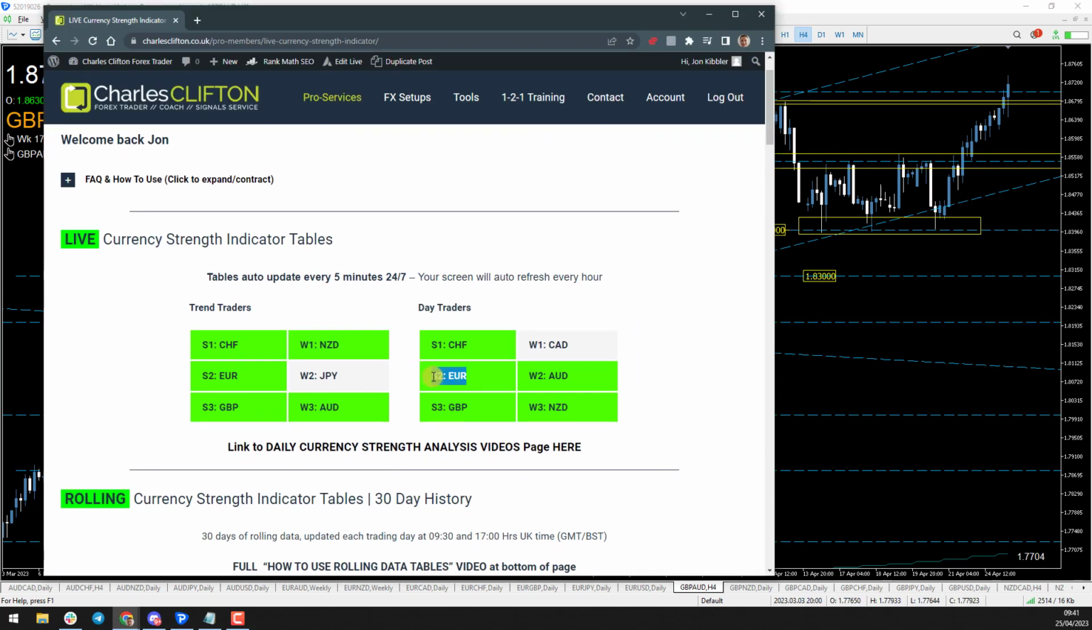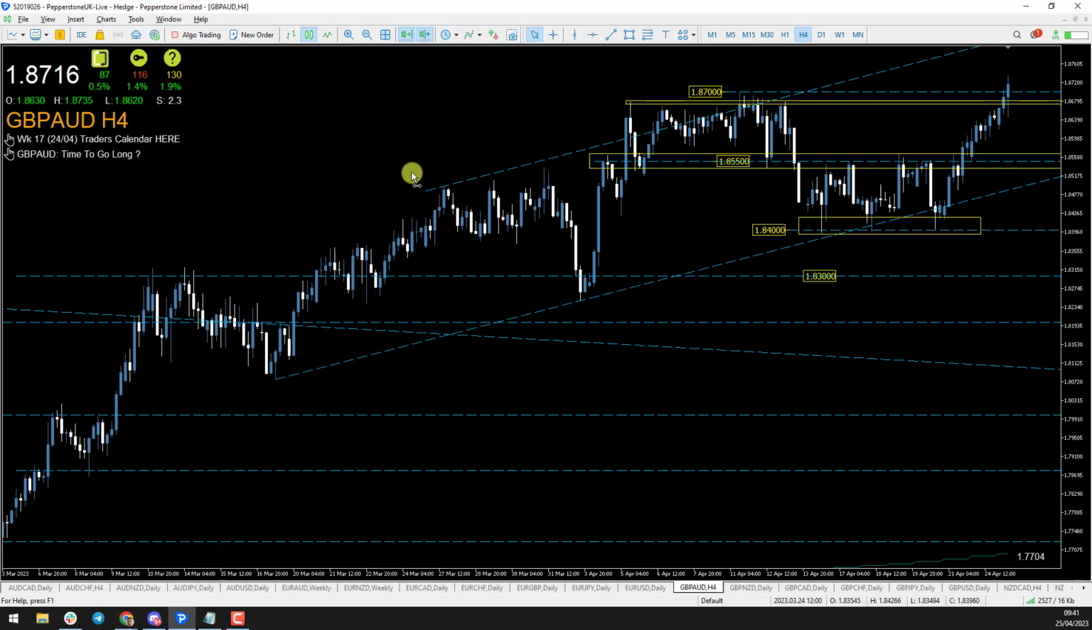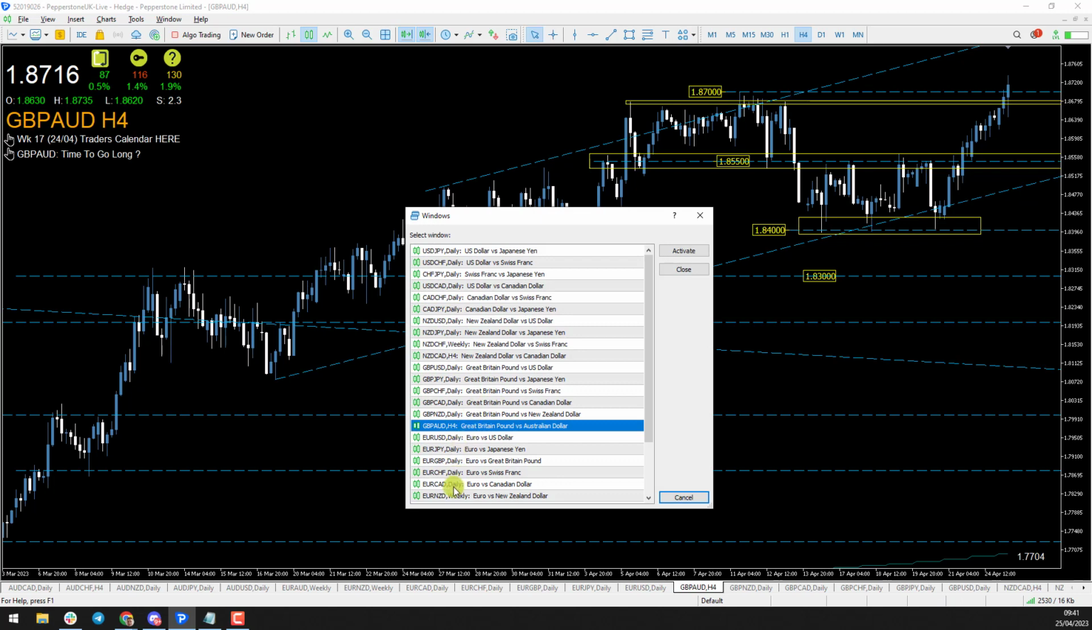Today I'm going to talk about Euro Aussie and Euro Kiwi. Really like those currency pairs at the moment, especially Euro Oz. So let's go and take a look at those currency pairs of interest. We're going to start off with Euro Oz,